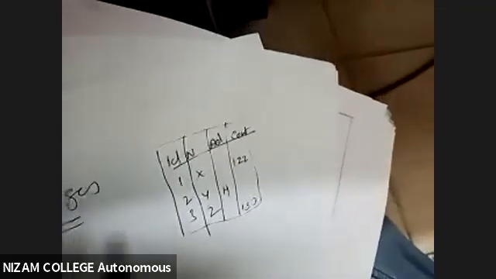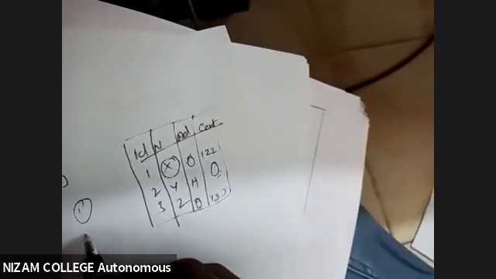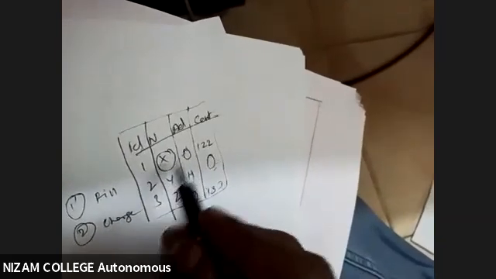Something like this. Okay. Now I want to fill this gap. Whatever gaps are being kept empty, I want to fill those. This is one. Secondly, my name is wrong, and I want to change that one. So the first one is filling of gaps. The second one is changing the old data.